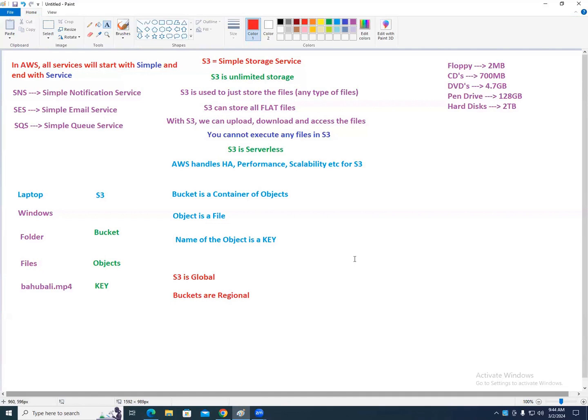Another wonderful thing is, do you know what a static website is? A static website means the content is constant, it will not change. Like company websites, Wikipedia.